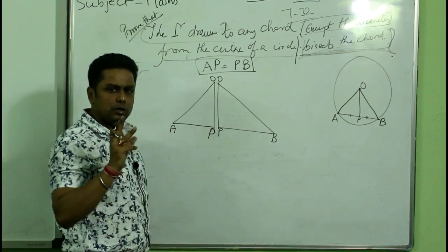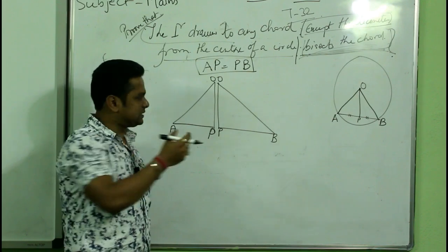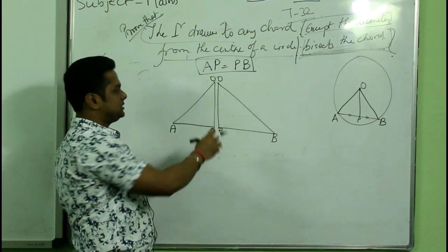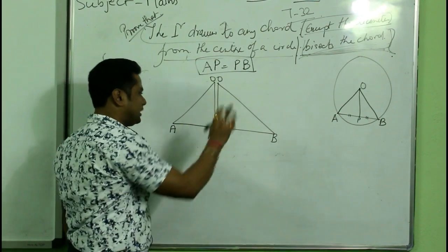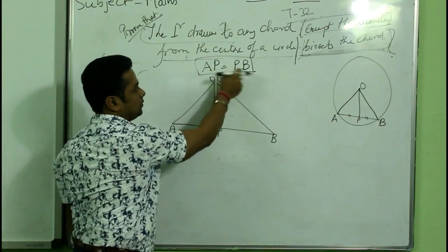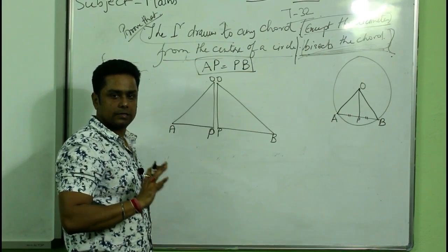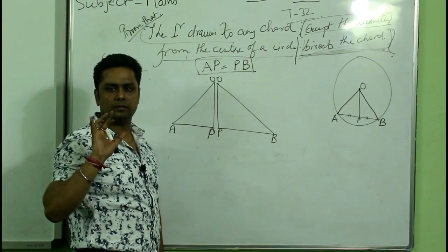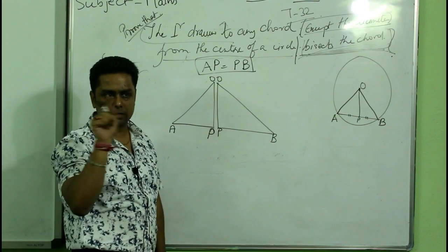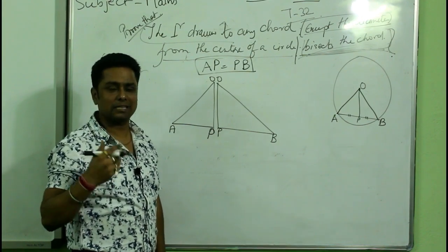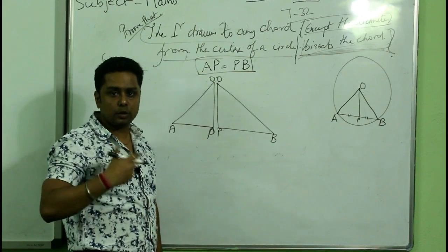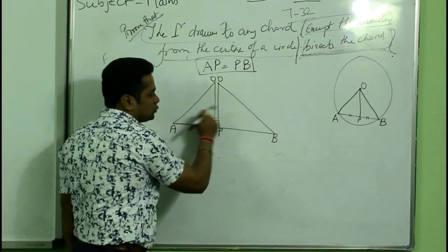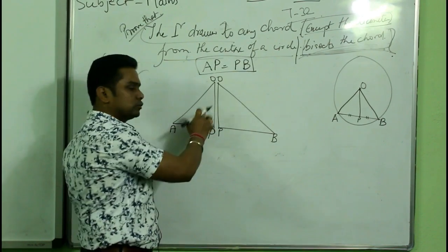Now that means I told you, if we can prove by any means that these two triangles are equal, that means what? We can say these two sides are also equal. Try to understand. See, in many theorems you will see this is the same property. Once we make the triangles congruent, the corresponding sides will be equal. Because we have proved that these two triangles are congruent, that means these two sides are equal.